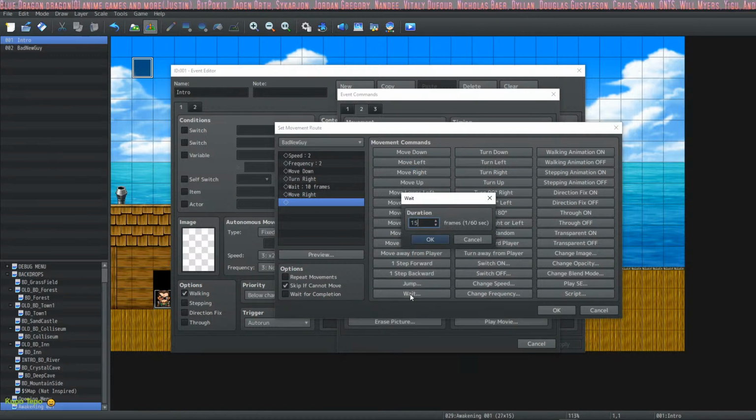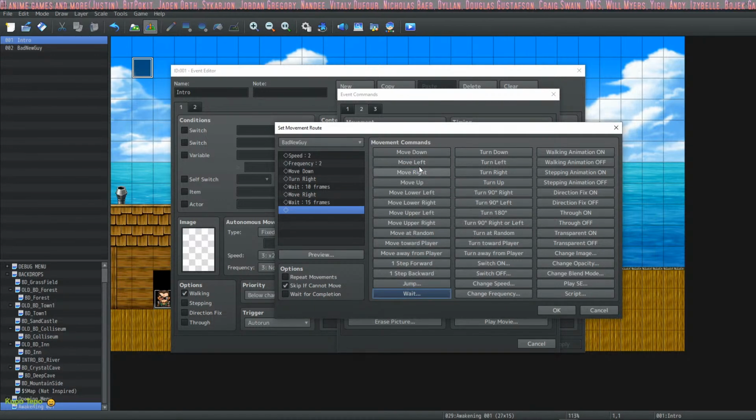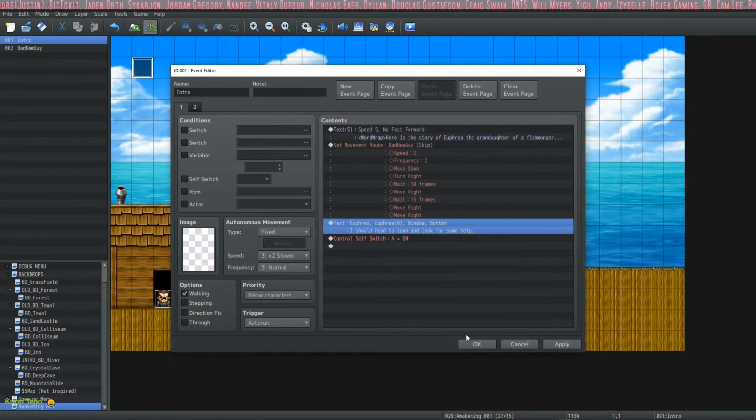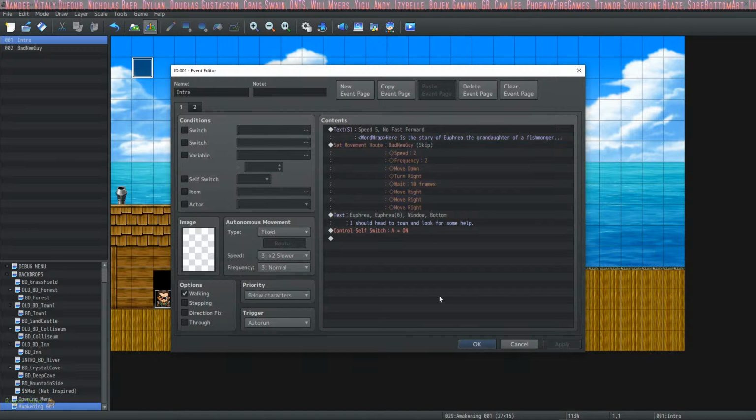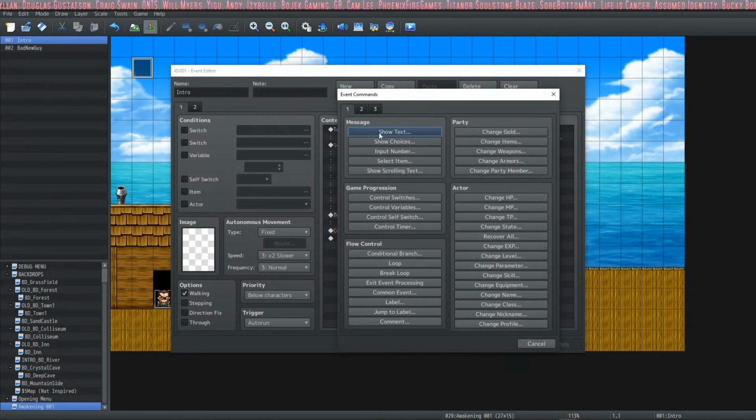Wait 15 frames. Move right, move right. Why would he wait at that? That's stupid. Just move right 3 times. And then he'll say something. I don't know, show text.